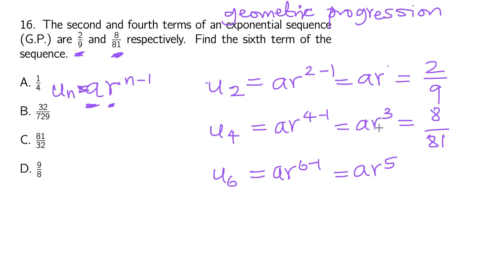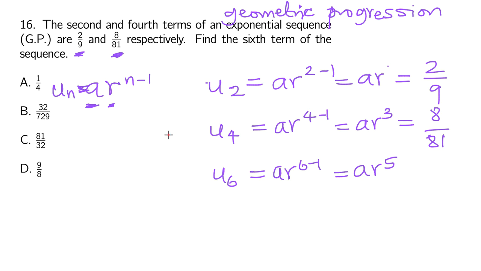One way to do this is to solve for r. If we find r, then we can solve for both r and a, but we can also, because we already know ar cubed, just multiply ar cubed by r 2 times to get the answer. So